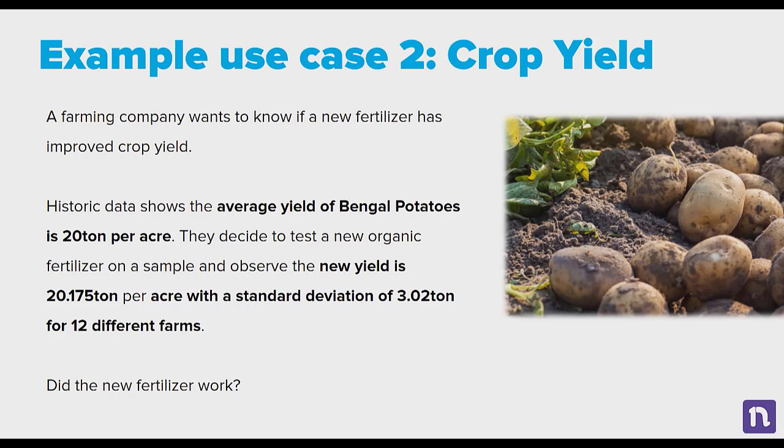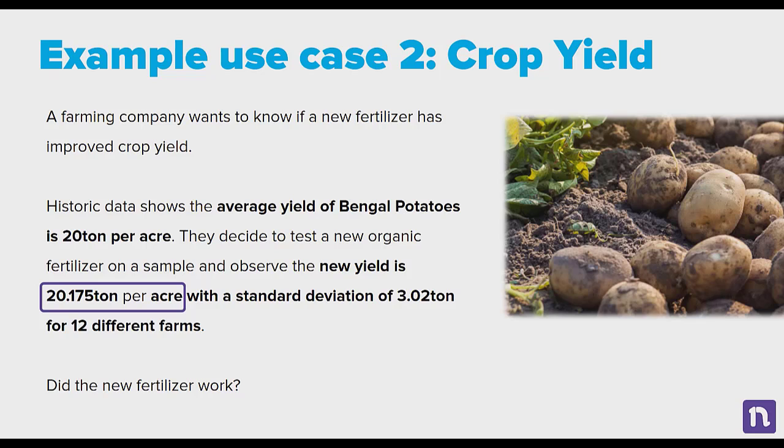Let's see another example. A farming company wants to know if a new fertilizer has improved the crop yield or not. Now they have the historic data, and the data shows the average yield of Bengal potatoes is at 20 tons per acre. They decide to test a new organic fertilizer on a small sample of farms, and they observe that the new yield stands at